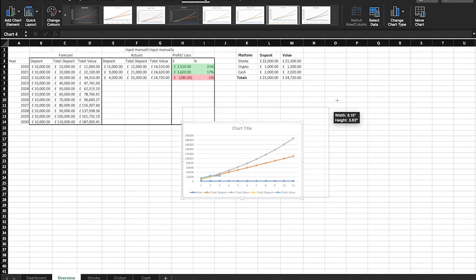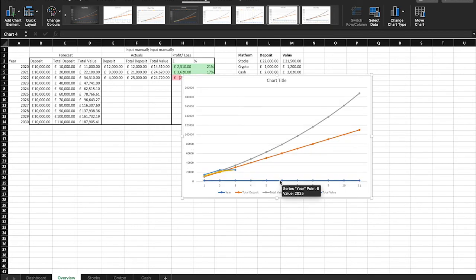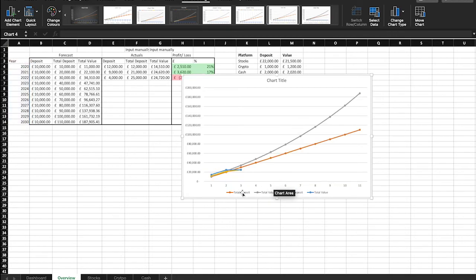I don't know why it's showing the years like that. So you've got years 1, 2, 3, 4. Okay, that's fine. We can sort that out another time. So now we've got years 1, 2 through to the 10th year. And we've got the different